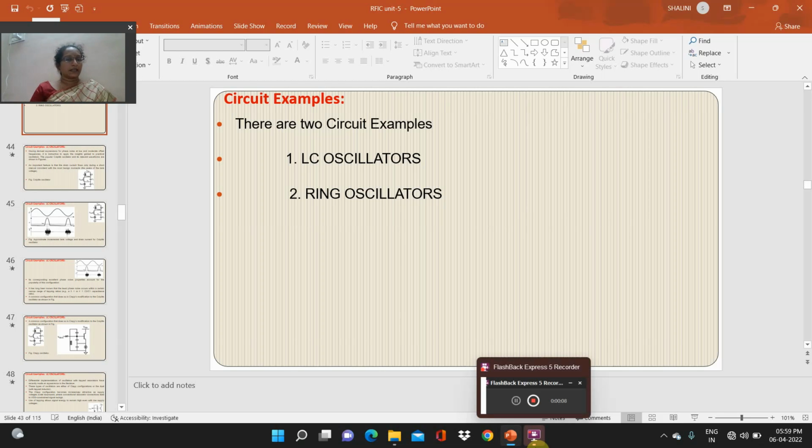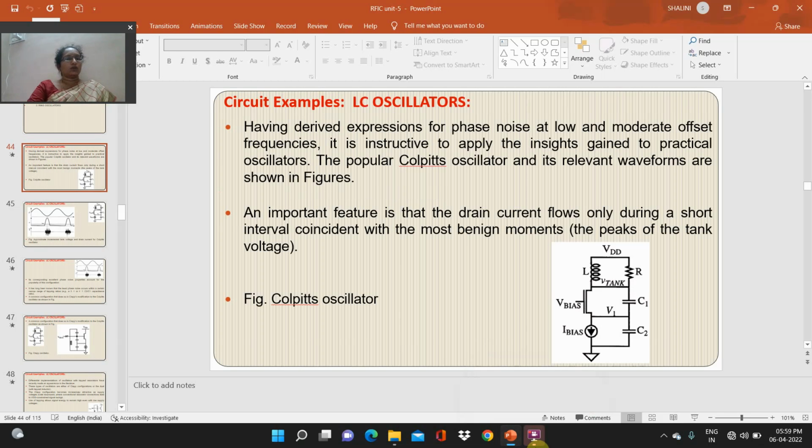Okay friends, welcome back. Today we are going to discuss circuit examples. There are two circuit examples: number one, LC oscillators, and number two, ring oscillators. So, LC oscillators. Having derived expressions for phase noise at low and moderate offset frequencies, it is